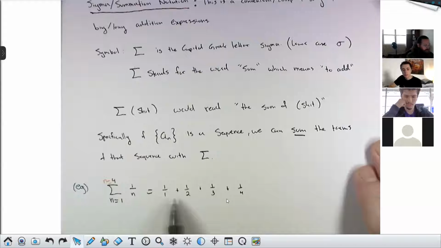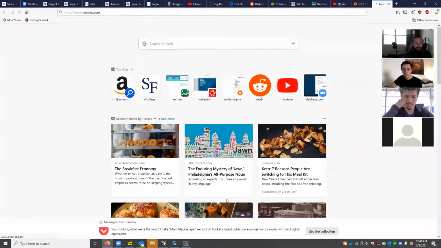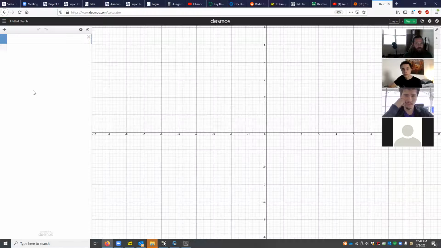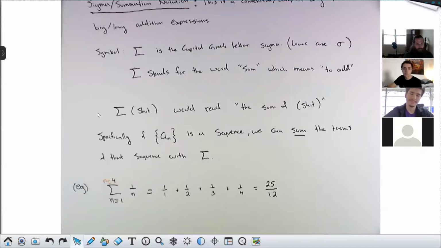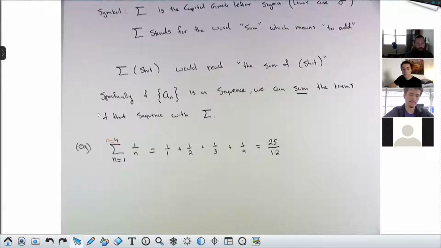What is this? I don't know. This is 3/2 plus 1/3 plus 1/4. I'm going to cheat here. I'm lazy. Could have done it by now. As a fraction, please. It's 25 over 12. Okay. Some more examples.